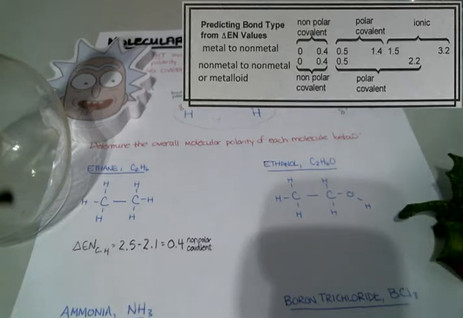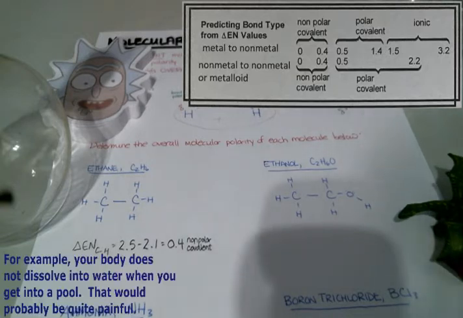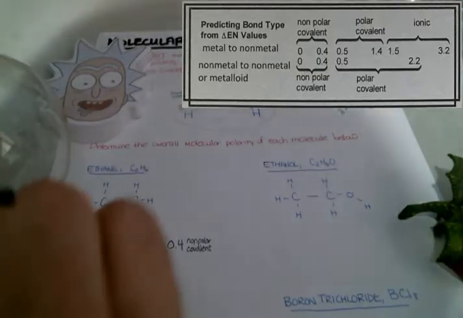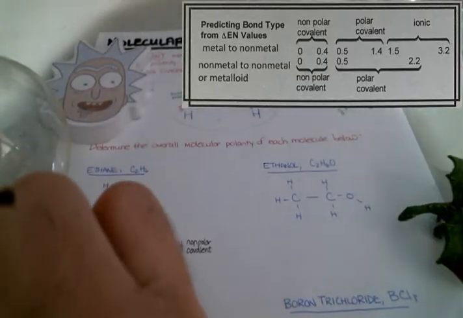And this is another reason why organic molecules tend to be non-soluble in water. I know we haven't talked about solubility yet, but the general rule with solubility is a polar solvent, like water, can dissolve polar solutes, like not ethane. So since ethane basically is completely non-polar,